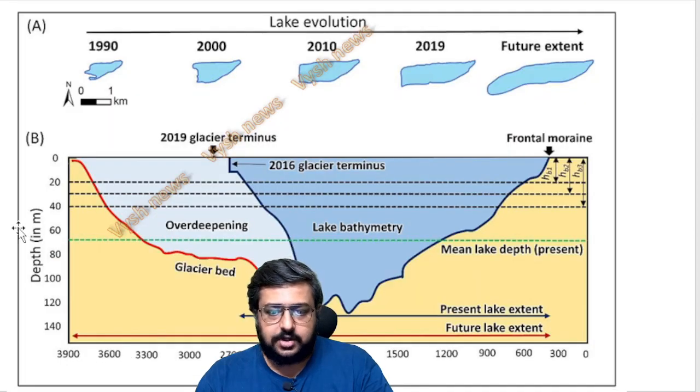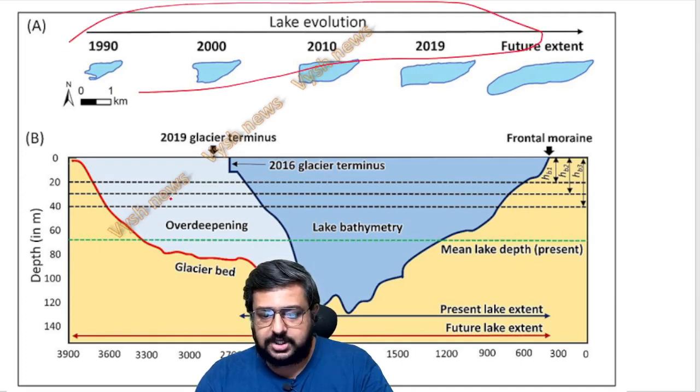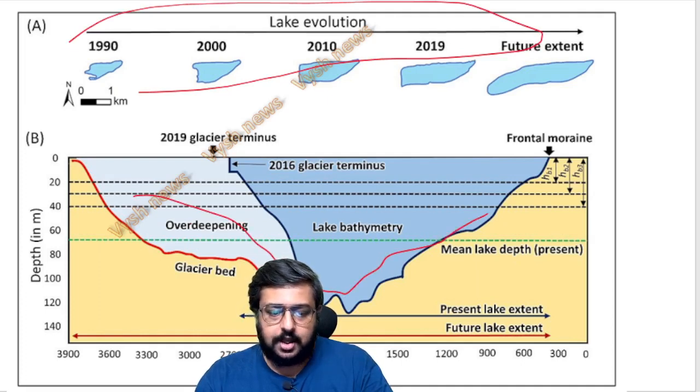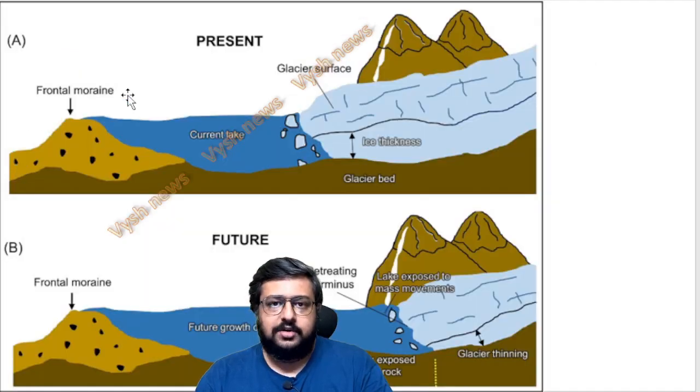But for your exam, this is not enough. The basics, as I told, the evolution from 1990 to 2019, the lake, which is a moraine lake, and other geographical features, I'll teach you now. So the evolution went like this, and then it went on deepening, and it is causing the problem now. So from the UPSC point of view, glaciers form a lot of features which are there in your class 11th with pictures. You have to know the names and definitions of everything. Okay, so the current lake and future growth, you would have understood by now.